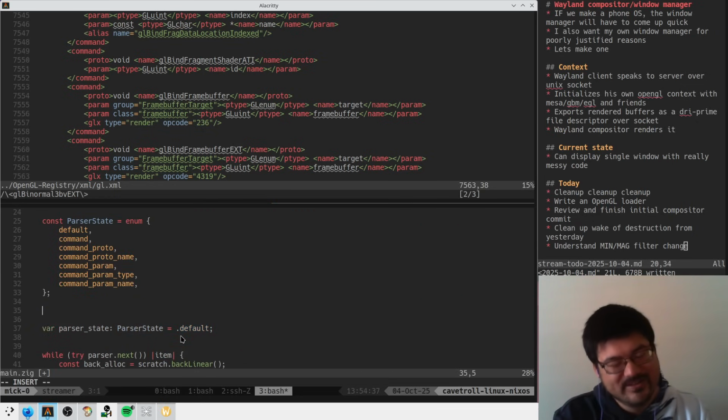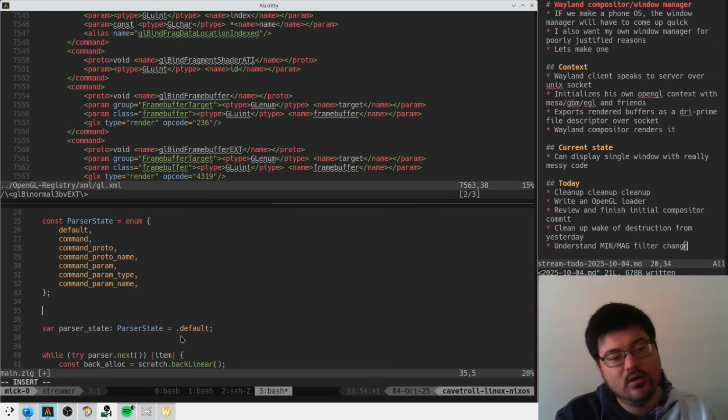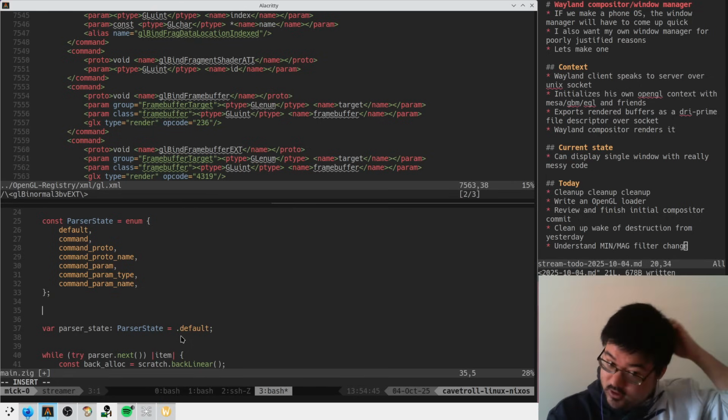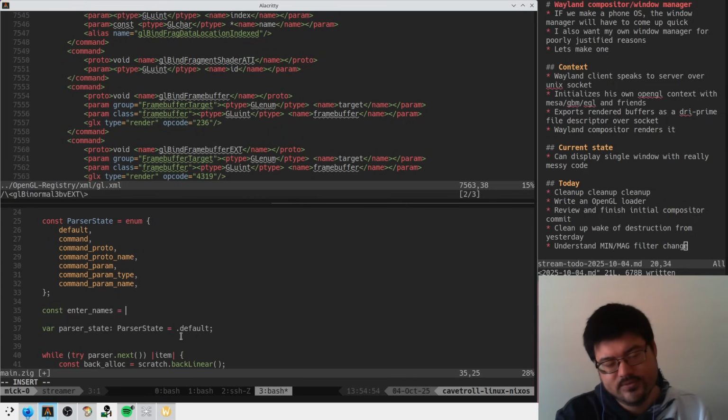Can we just say we want our enter names, the things that we care about, right? So it's like enter names. I feel like it's like command, command proto name param p-type